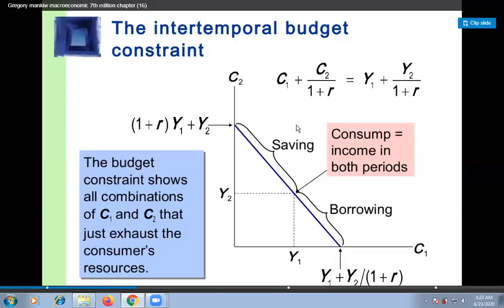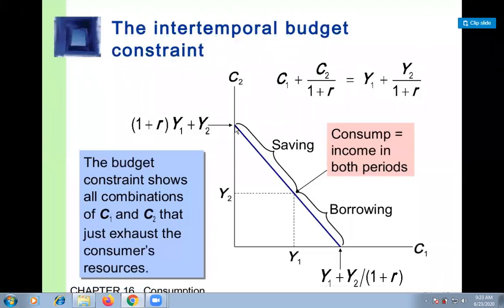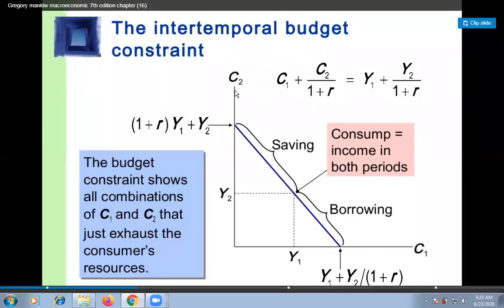So here interest rate is something, okay. But now we are going to this point on the vertical axis. At this point on the vertical axis, the consumer consumes all income on C2. The consumer consumes all income Y1 and Y2 for C2. In other words,